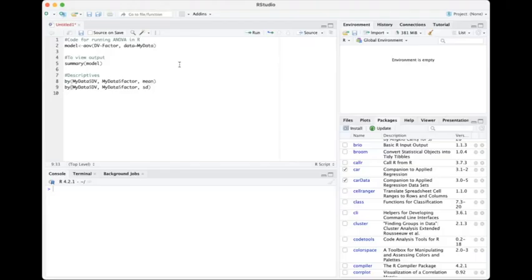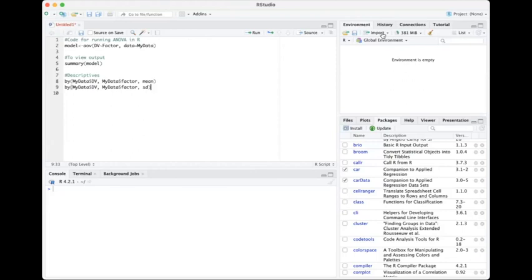The code for running an ANOVA in R is model, the goes into sign, aov, parentheses, the dependent vector, tilde, factor, comma, and then data equals the name of your data set. Again, we save this as a model so that when we want to view the output, we can take a summary of the model. So before we actually enter this code into the console, we're going to import our data